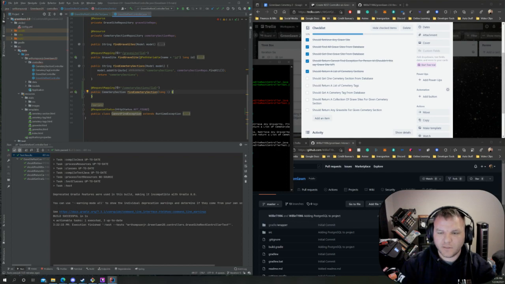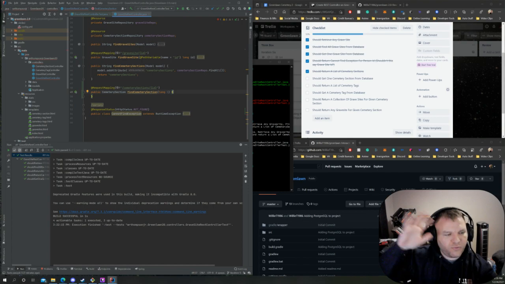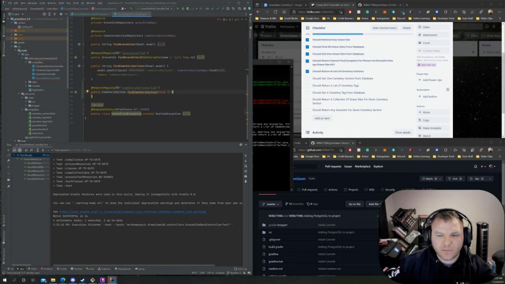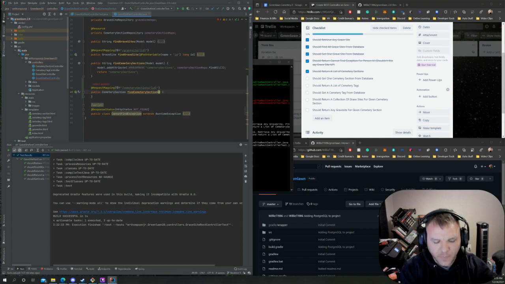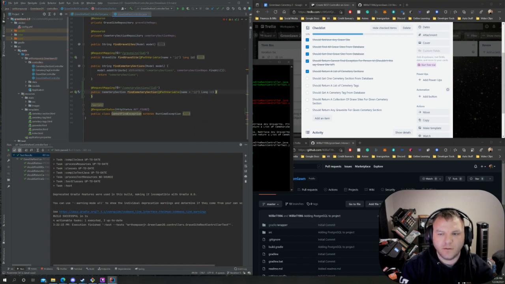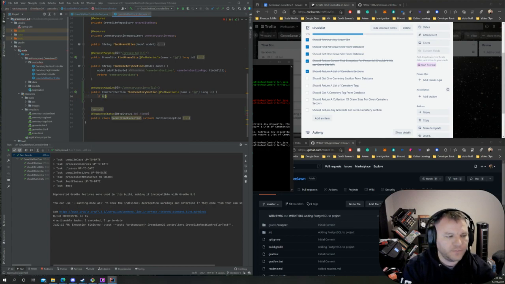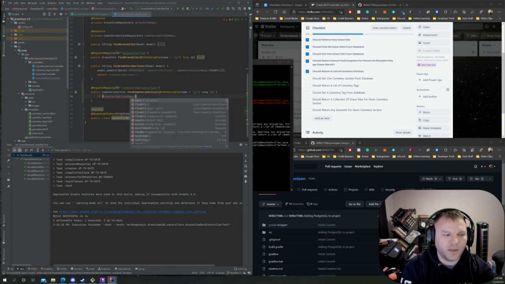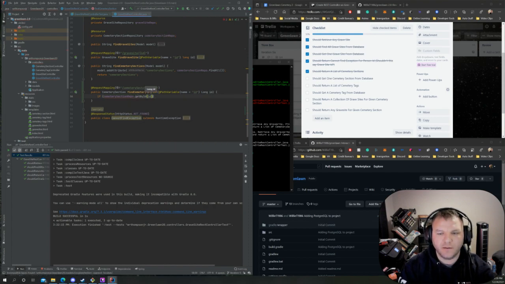Okay, going back to this. Let's see, where was I? I'm having a brain fart. Go here, delete this. At path variable name ID, long ID. If cemetery section repo dot get by ID equals null,